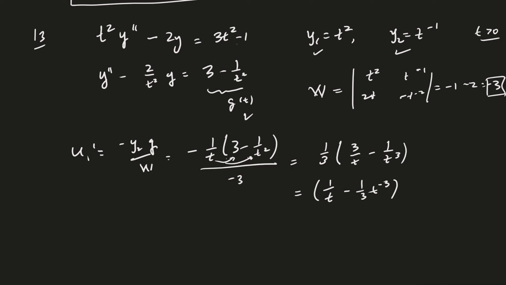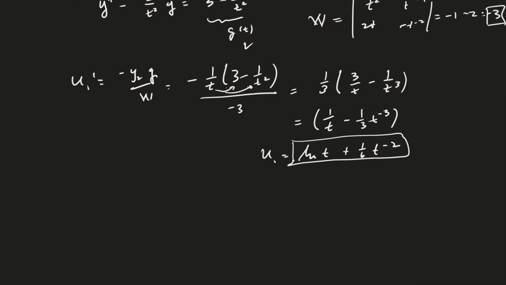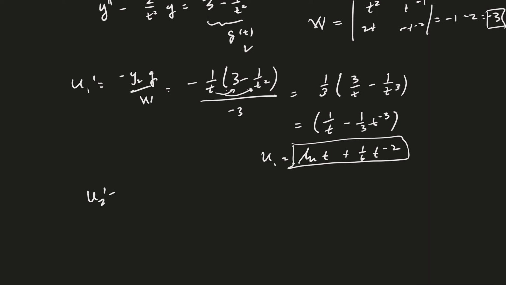And so the u1 is equal to the natural log of t. And then for the other one, what do we get? t to the minus 2 power plus 1/6. Good. Now this does not have a plus c on it, right? Good. And similarly, u2 prime is equal to